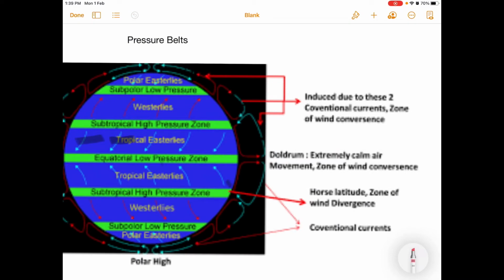Next is the subtropical high pressure zone, and its extent is 30 degree north and 30 degree south of the equator. Now, what happens here, as we have studied in the equatorial low pressure belt, because of high temperature a low pressure area is created, a vacuum is created. So, what happened? Air rises upward on both the sides. So, when the air is rising upward, what is going to happen?